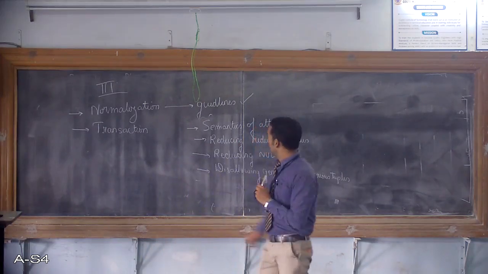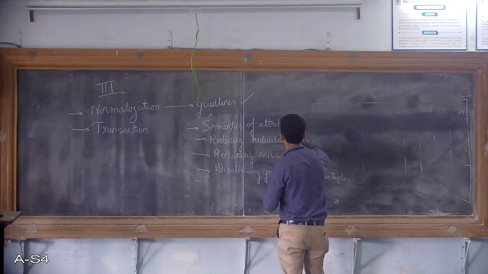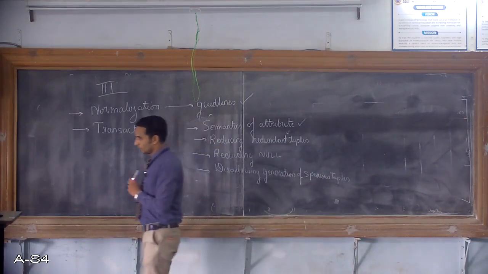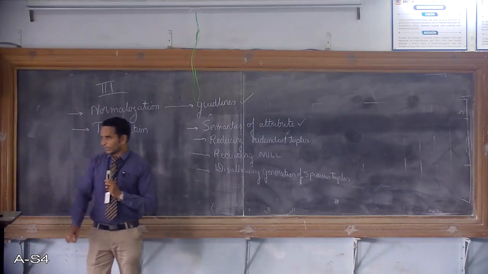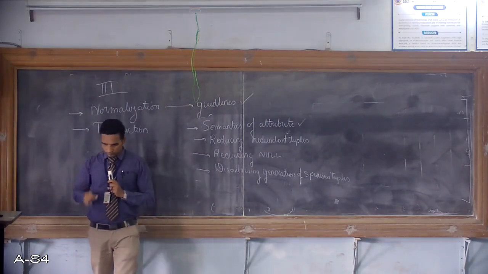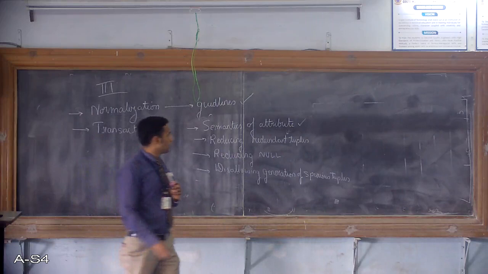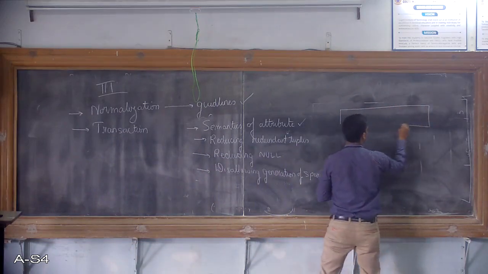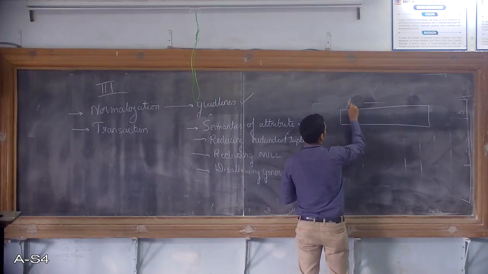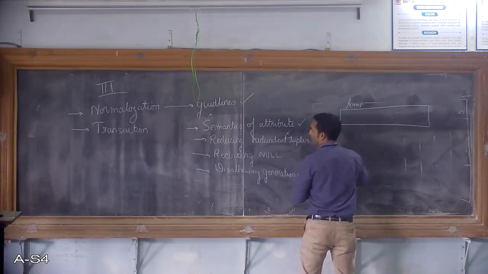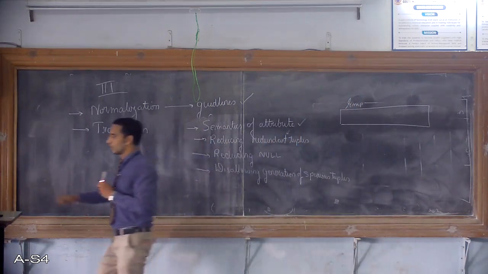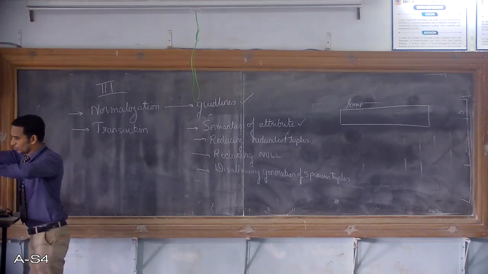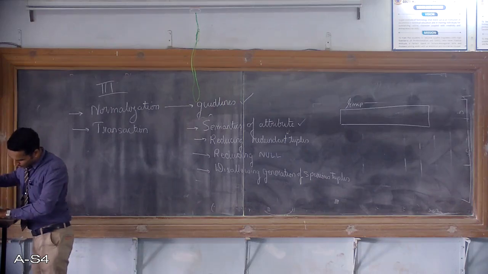So the very first is semantics of attribute. Now what do I mean by semantics of attribute? Given a relation, we should remember that given two relations, for example, here I am having a table known as employee. Better what I'll do is I'll explain this with the help of a PPT which I have got. So this will help you to understand the concepts very easily so that I can project them also.